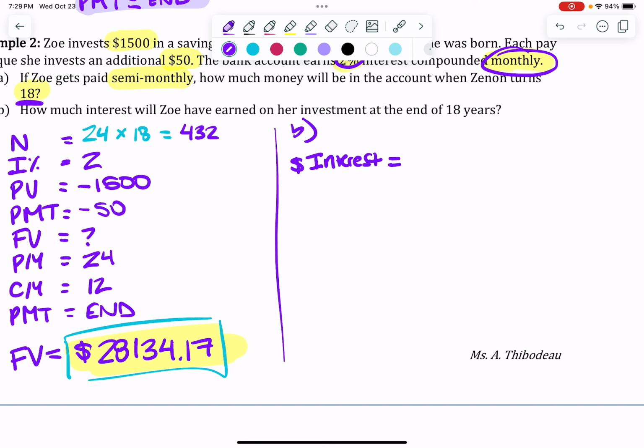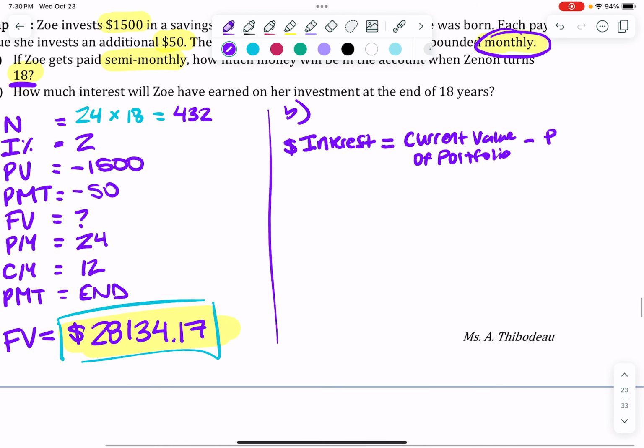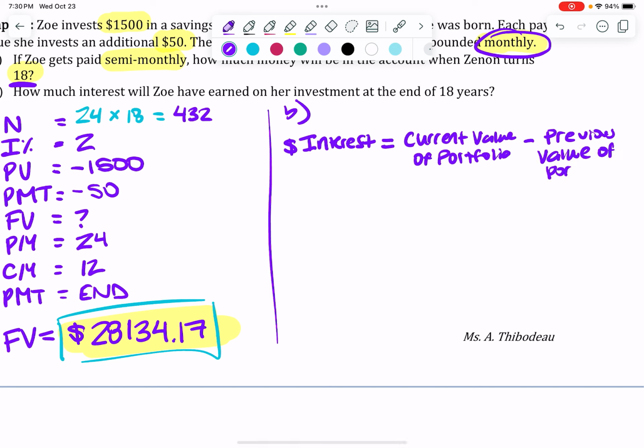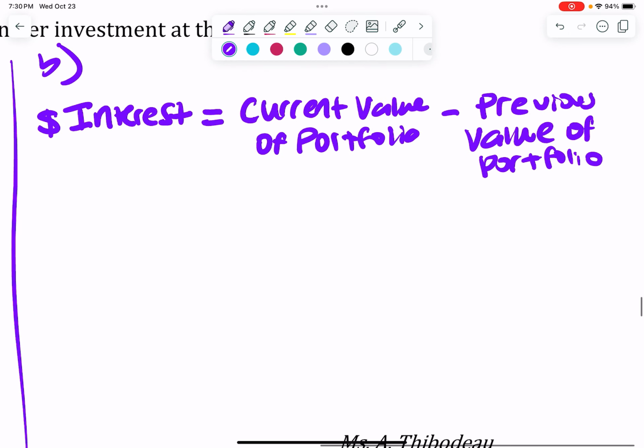Which we could think of as current value of portfolio minus previous value of portfolio. Now, when I take a look at this